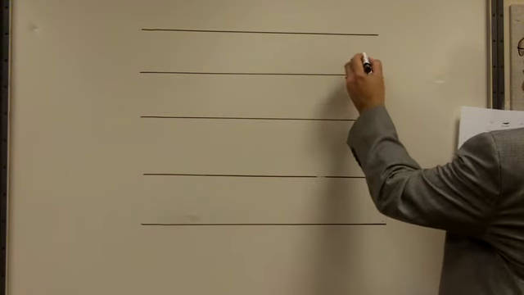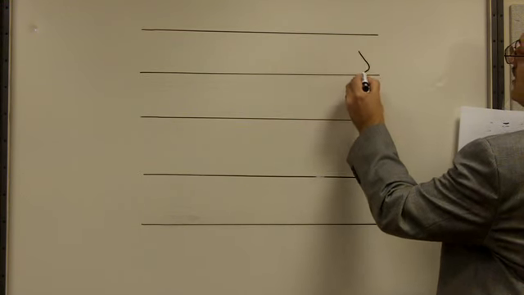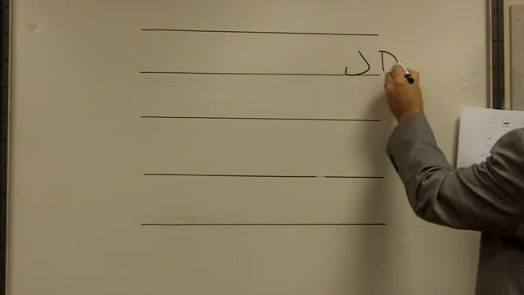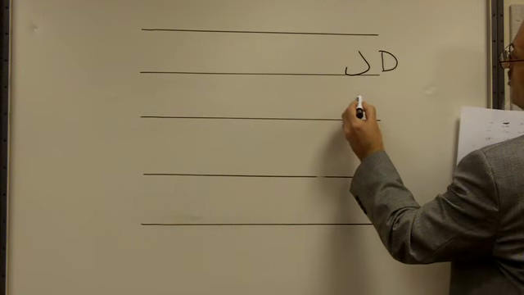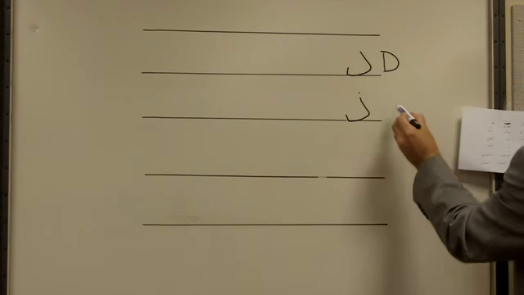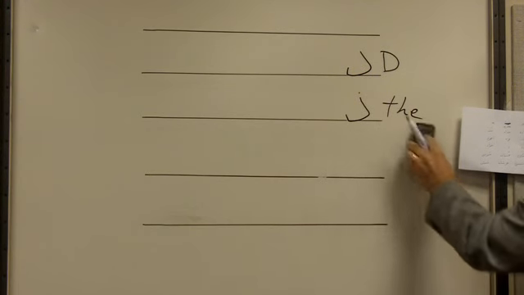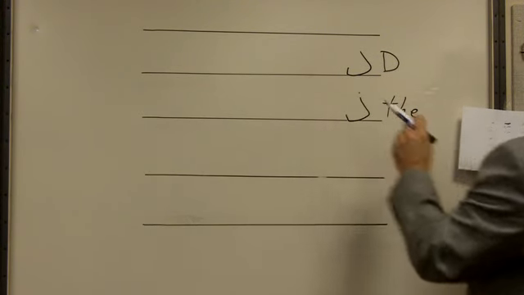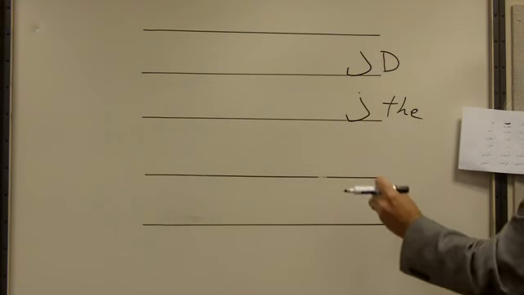We're going to go ahead and teach you more of the Arabic letters. The first letter we're going to teach you today is dal. Dal is like a D. The second letter I'm going to teach you is the, which is like the, T-H-E, the. Now that's the sound that letter gives you. Now, we're going to teach you how the letter appears in the beginning, the middle, and the